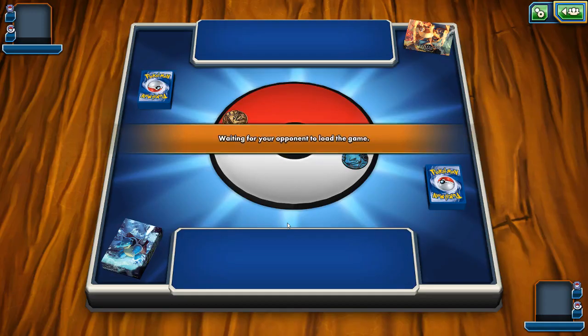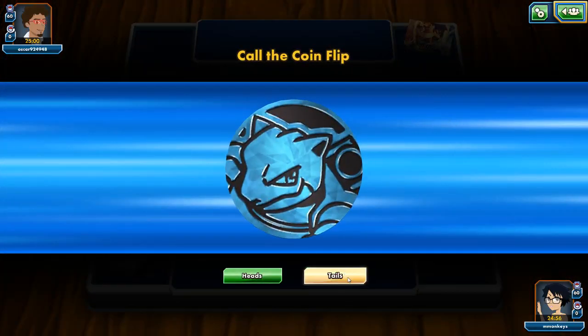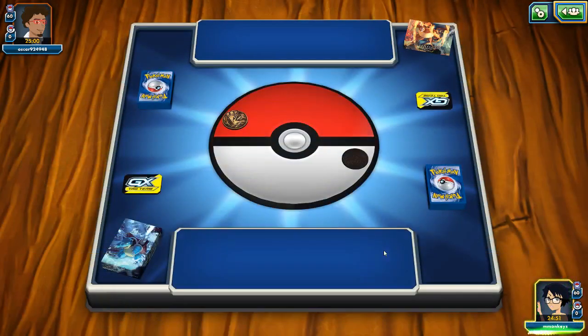And so it looks like we are going to be going up against our sister deck here, and we have the clear advantage here. I'm going to be going first with this deck, and we should be able to get a nice